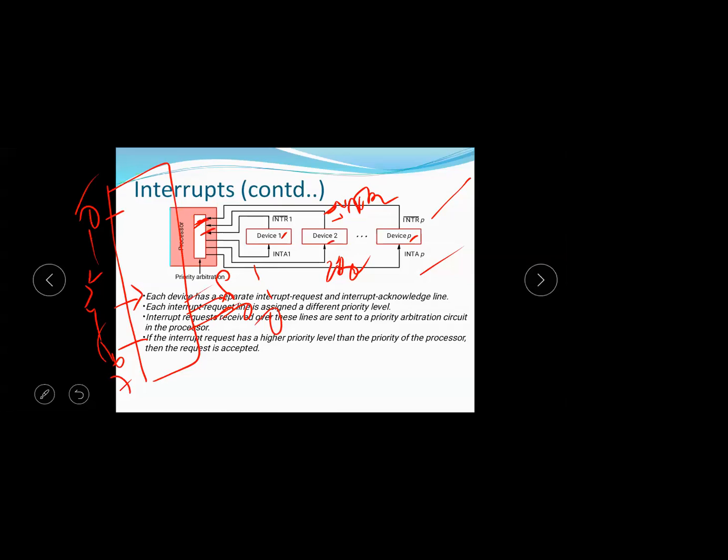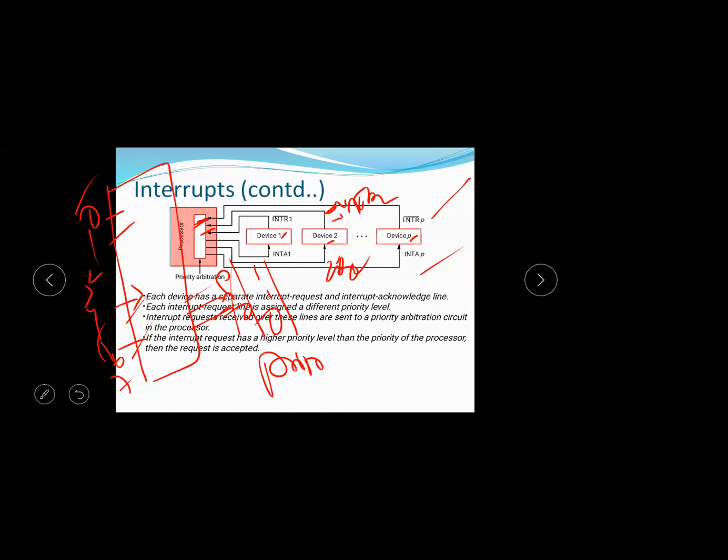0 input activated, output will be 0, 0, 0. 6th input activated, output will be 1, 1, 0. It encodes whatever input is activated on the input lines. Okay, and if at a time 2 inputs, first input and 5th input, both are activated at a time, then each input is encoded